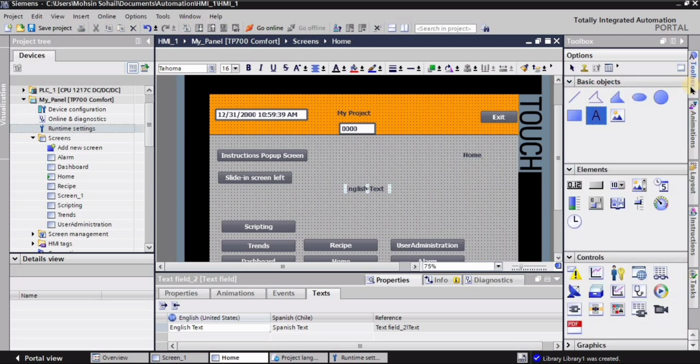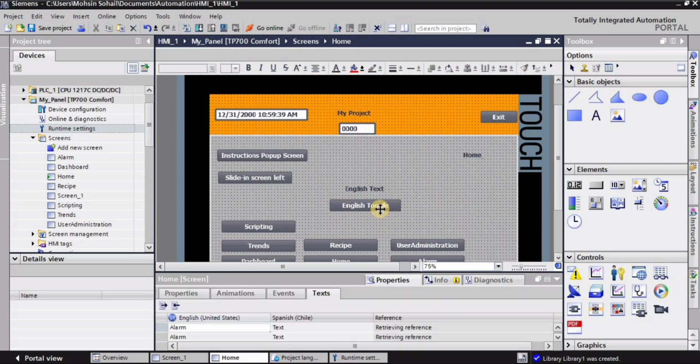And then I will place a button here in order to explain to you how to toggle between two languages from a button, right? So I'm writing here English toggle, and in the simulation when I press this button, the entire screen will change the language. So for that I'm going to do some settings. So I will go into the properties,